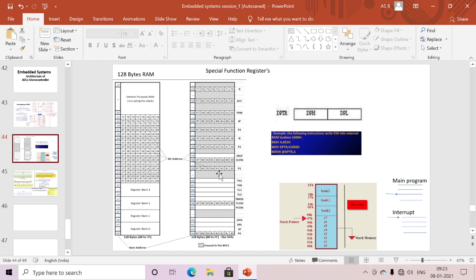Port 1 we can access as bit or byte addressing also. TCON also can be accessed as bit or byte addressing. SCON also can be accessed as bit or byte addressing. SCON is the serial control. For example, if I want to select a particular mode of serial communication transmission, I can use the serial control. I can also check the transmit interrupt and the receive interrupt using this SCON register. SBUF is used mainly if I want to transmit and receive data serially. This is the serial buffer.